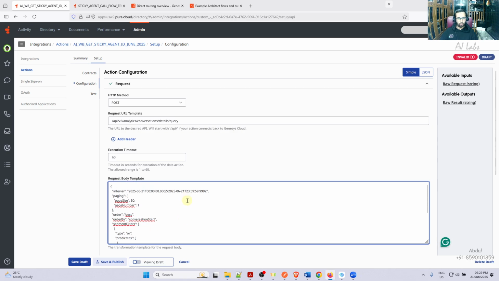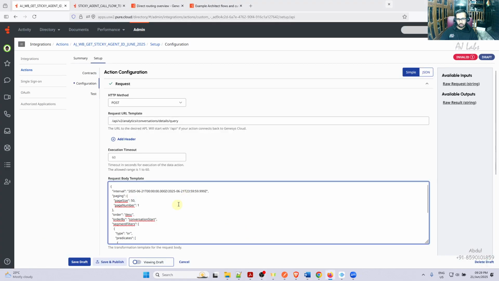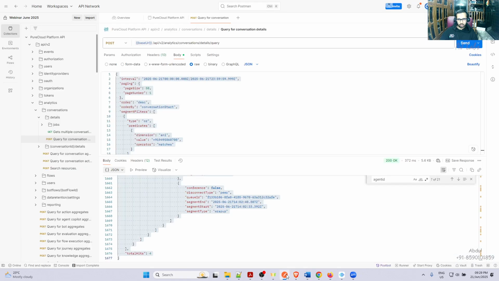Now, like I said, we have two variables here, right? In Genesys, we cannot always send the hard-coded time and number. So it has to be a variable. So how do we define a variable? This is the way you define a variable. So in the interval, you convert that into $ and the variable name. So let us do that in Notepad for a second. So I will copy the entire stuff from Postman, go to a new tab,